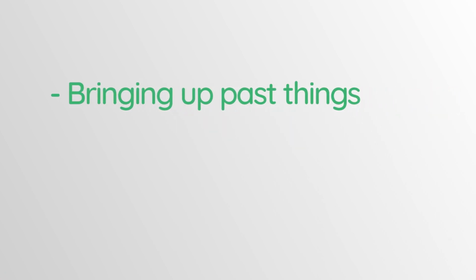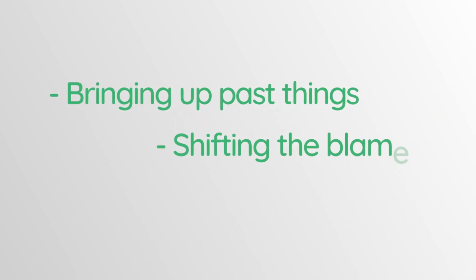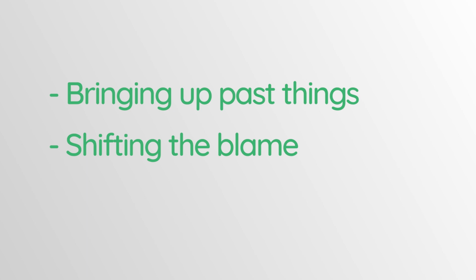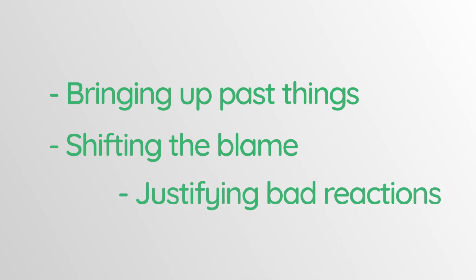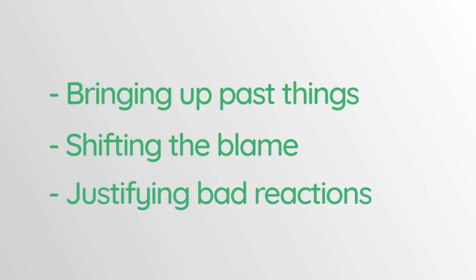Right? So you might be in an argument and you may have said something wrong and your partner calls you out on it. And then instead of addressing that thing, you bring up something else, or you bring up a prior fight that your partner did something wrong in. So instead of being present in what's going on in this particular fight or argument, you're bringing up past things, you're shifting the blame onto your partner, you're saying that the way they treated you made you act that way. Right? So these are all examples of not an apology and actually making things a little bit worse between the